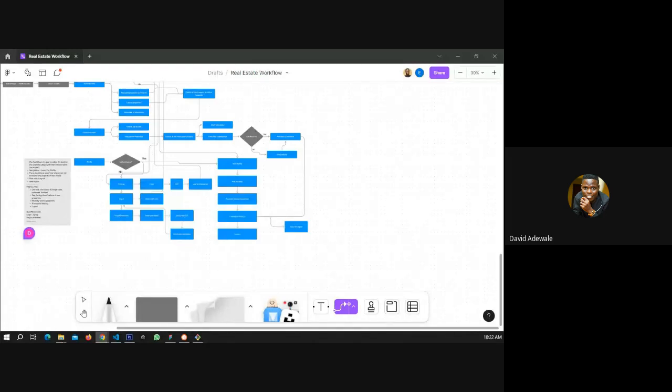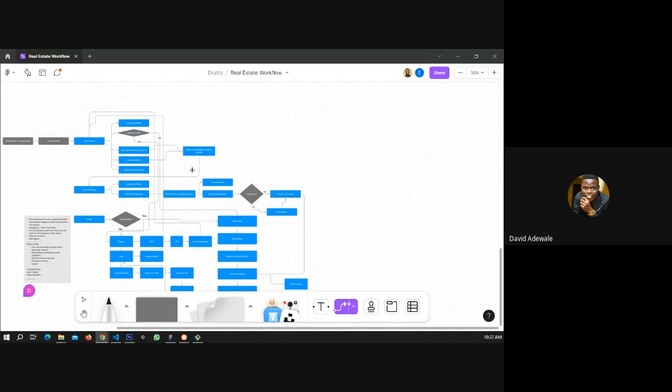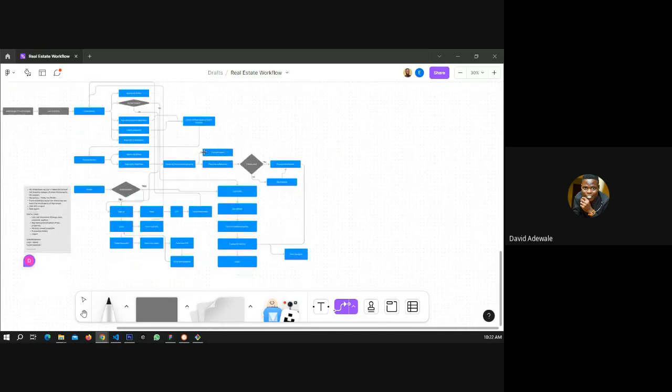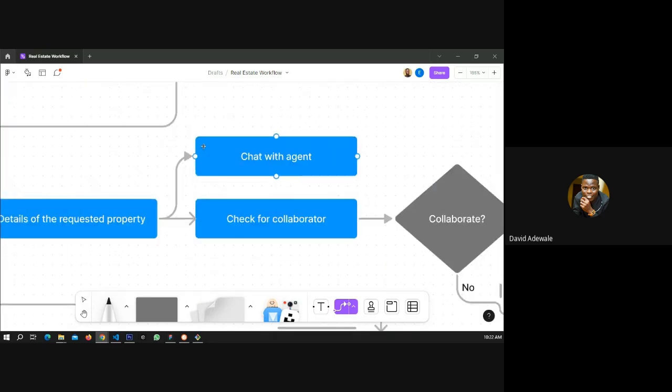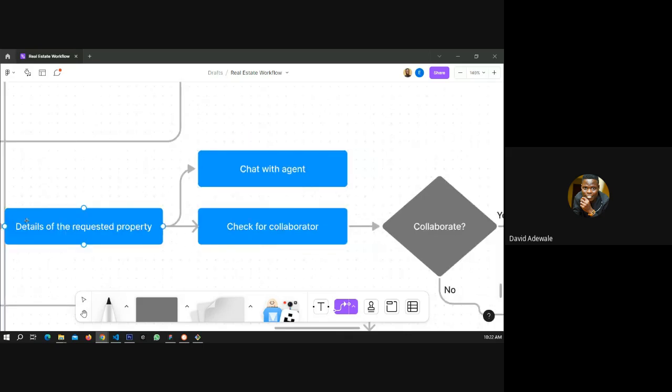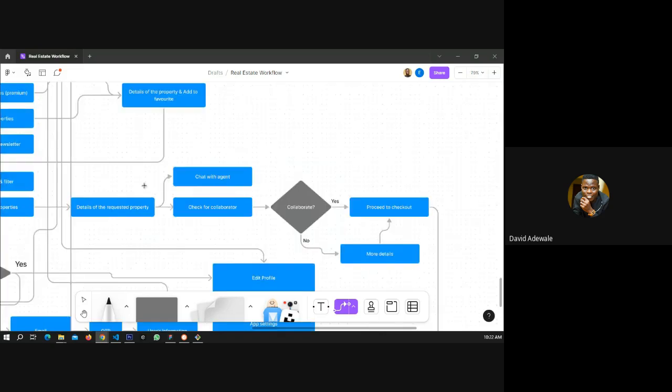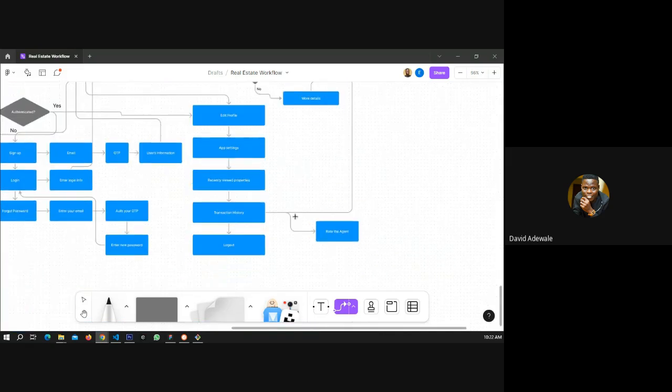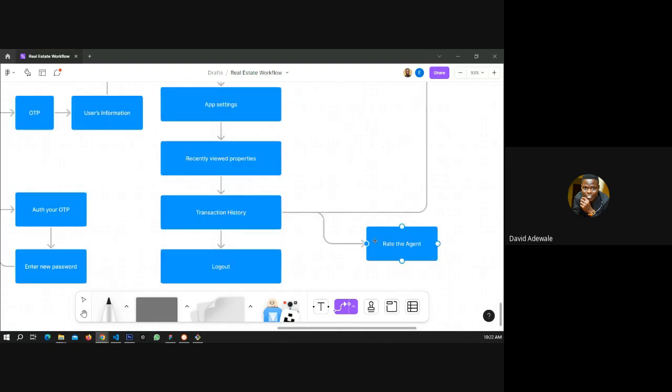Okay, so here we are. I have done this. Chat with agent. So immediately you see the details of the requested properties, you can chat with agents. Thereafter, after this recent transaction history, you come down to rate agent.